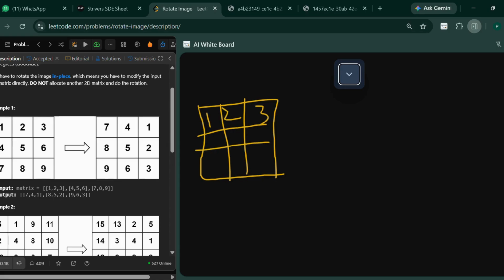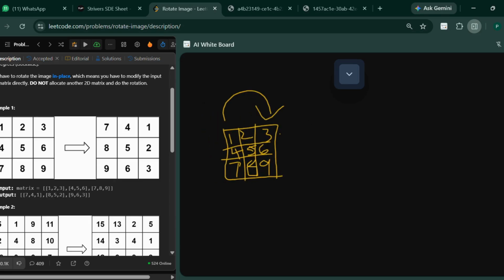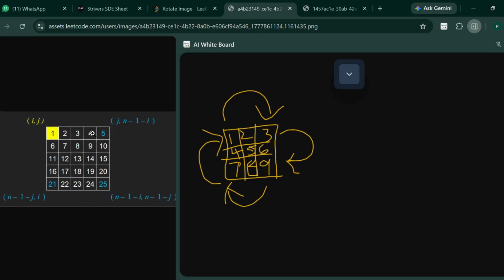To rotate the matrix by 90 degrees, we are going with this approach. The approach is very easy. We are going layer by layer. First, in this 3 by 3 matrix, if we consider the outer layer that contains 1, 2, 3, 6, 9, 8, 7, and 4, we are replacing the elements with the elements that will be in that position after 90 degrees rotation. That is, for the 3 by 3 matrix, the 1 will be shifted to 3, then 3 will be shifted to 9, the 9 will be shifted to 7, and 7 will be shifted to